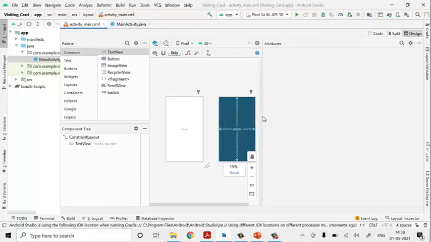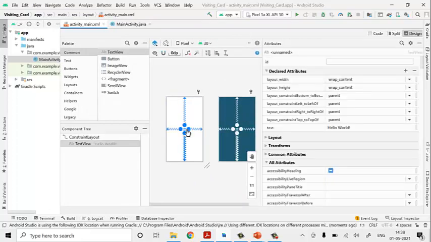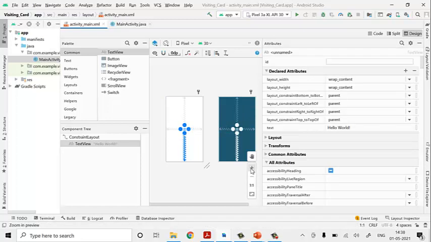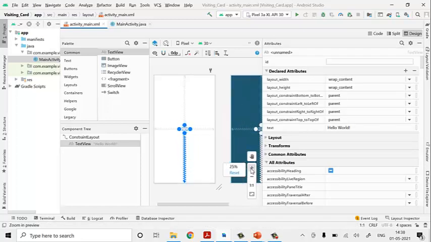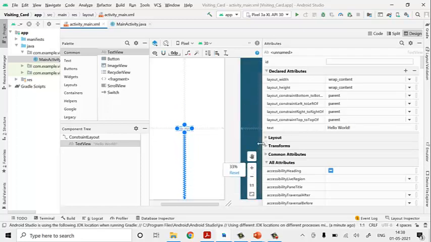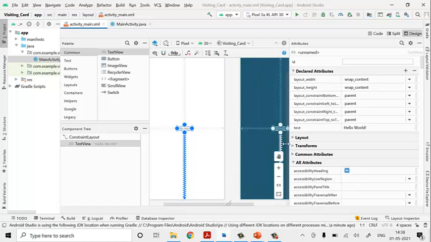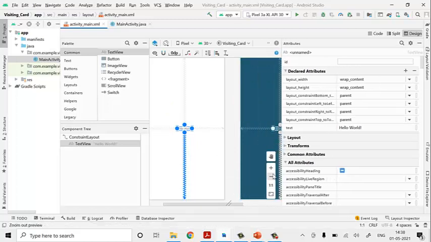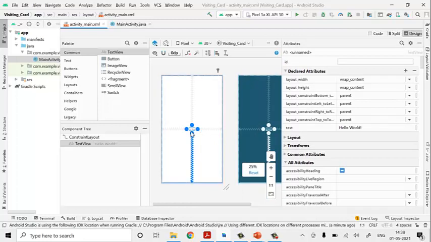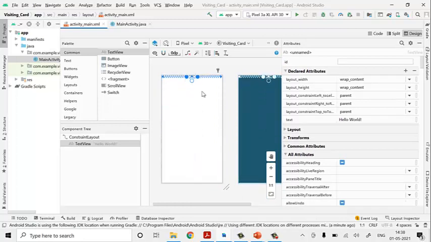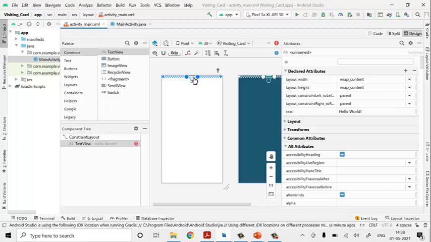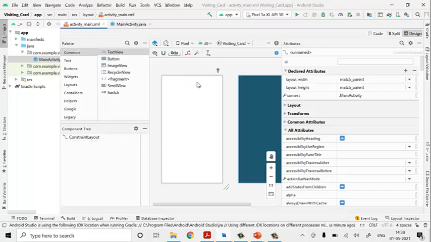Okay, first what should we do? This is my layout.